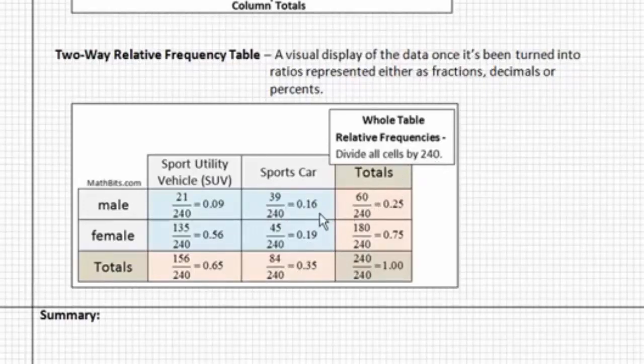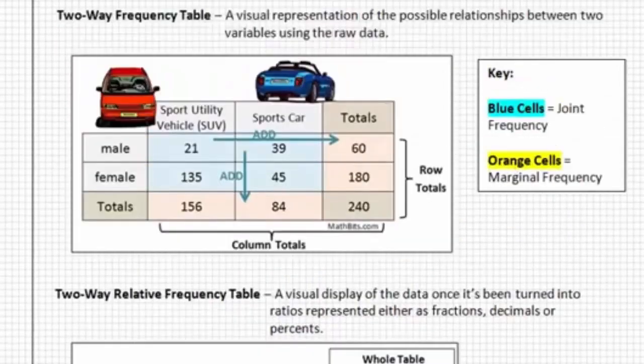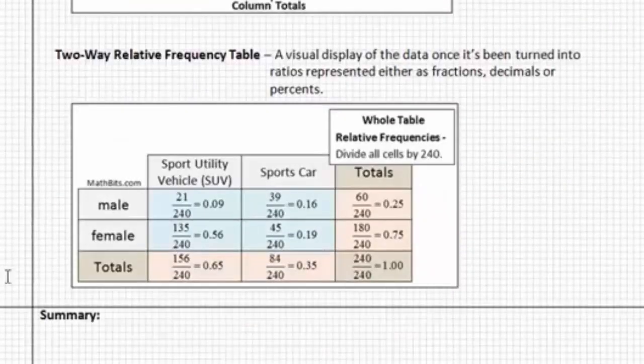This concludes our video on the introduction to two-way frequency tables. Please take a moment to make sure that your notes are fully complete, that you've started doing study guide questions and a summary,